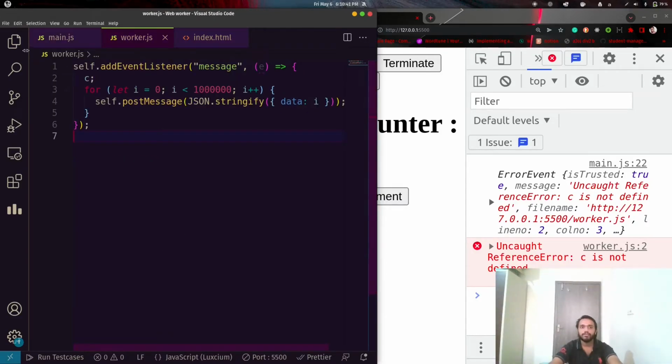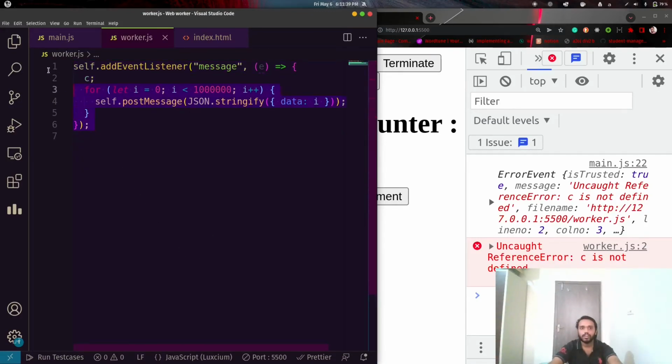And there are some limitations of worker.js. We can't access the DOM here, because it would create so many concurrency bugs, which are also harder to find. So that's a good thing that we can't access the DOM here, and we can't use the window API of the browser, because it runs in the background and there is no window.